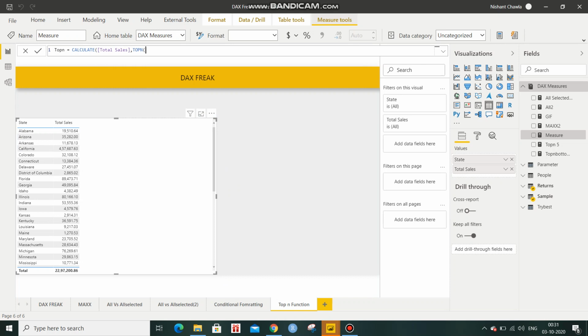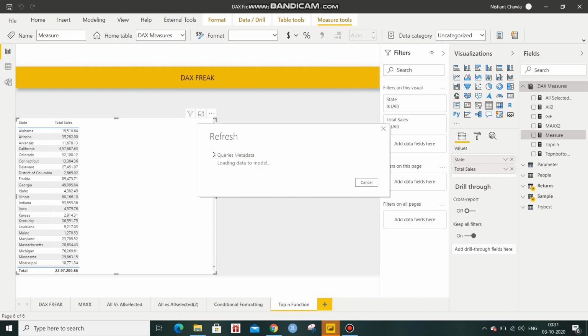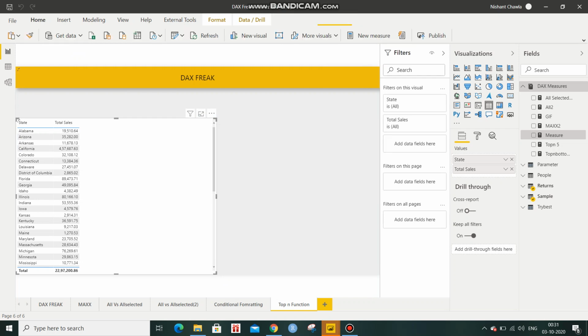So we have reached another Saturday, and today it's time to focus on a very important function called the TOPN function. You can use this function in a lot of areas. Suppose you want to aggregate a measure by a defined number, so you want to see how much that number is contributing to the overall measure. You can do that. For example, here I've simply dragged my state and sales information from my sample database, right?